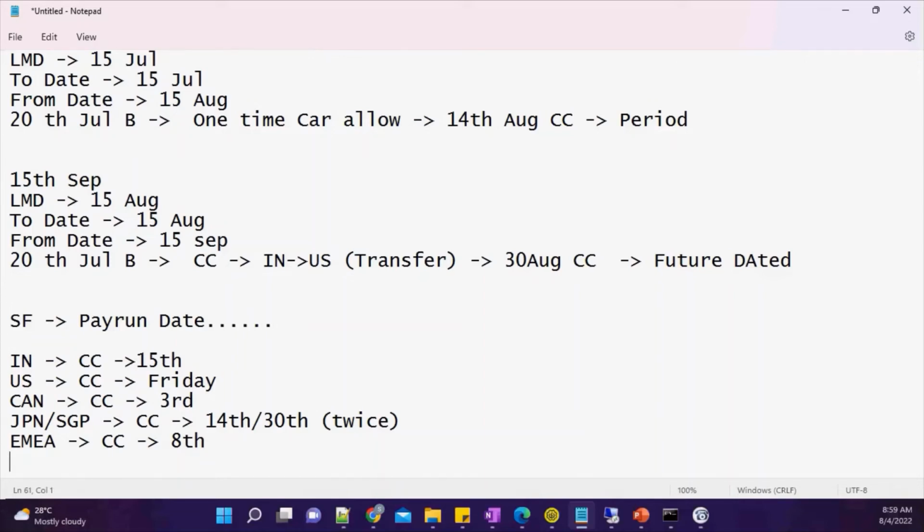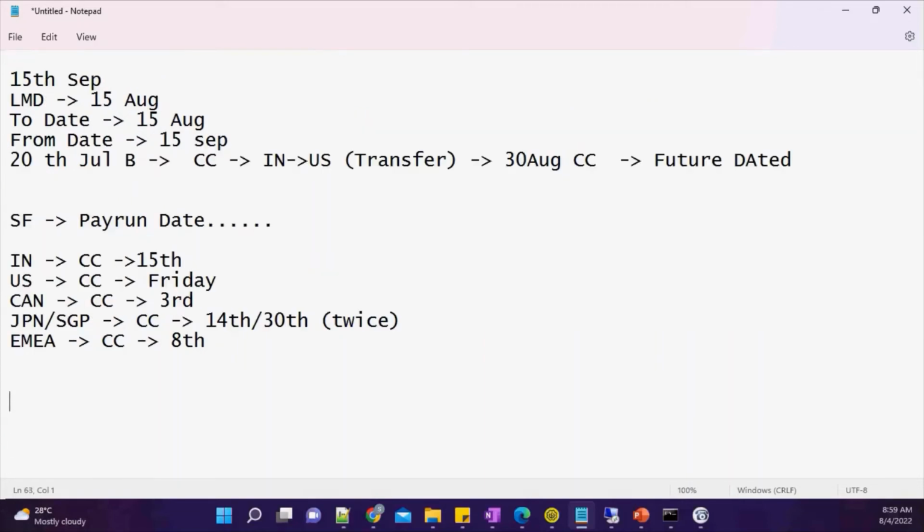So what you will be doing, you will be reading the cost center, and based on that cost center you will be checking whether the pay run date is falling under this particular one. Basically if it's an India cost center, the current date will be matched. When you're running your iFlow, you will be matching your current date with the pay run date. If it is 15, then your India payroll will run.